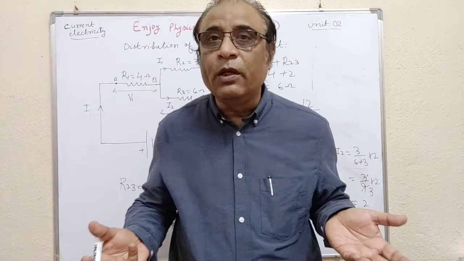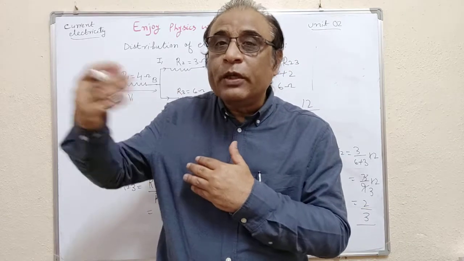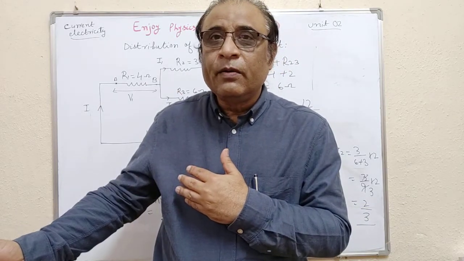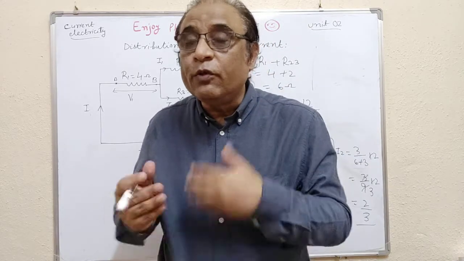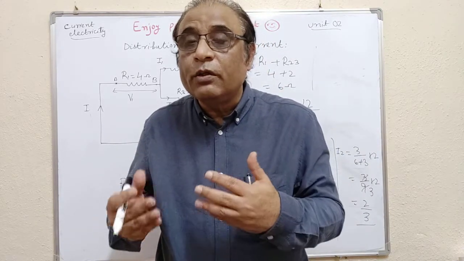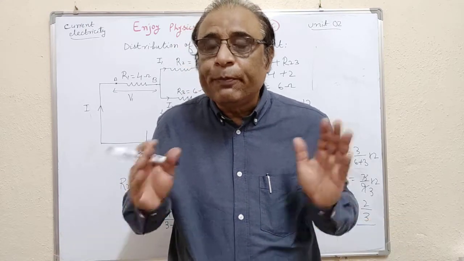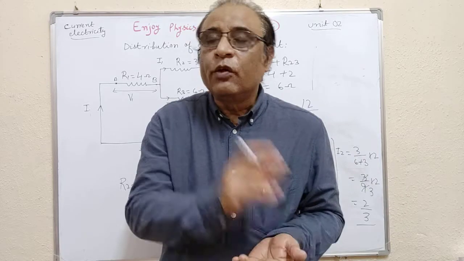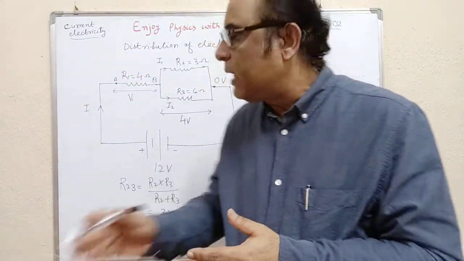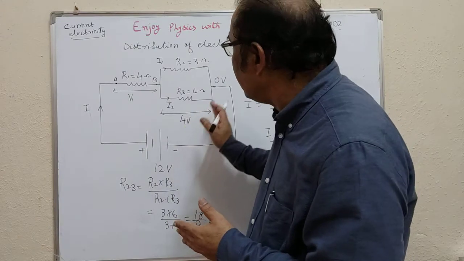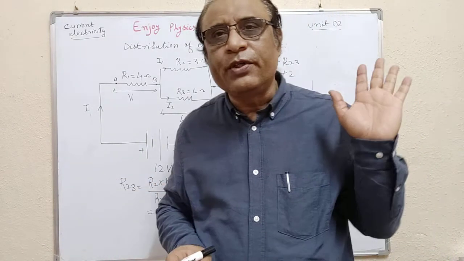After that, in the next lecture, I will discuss why a voltmeter is not useful to measure potential difference, and why a voltmeter needs more resistance. What is the advantage of the potentiometer over the voltmeter? The voltmeter never gives a good result, while the potentiometer will give a good result. So we will do the same thing in the next class, and that will help with current distribution in that question.